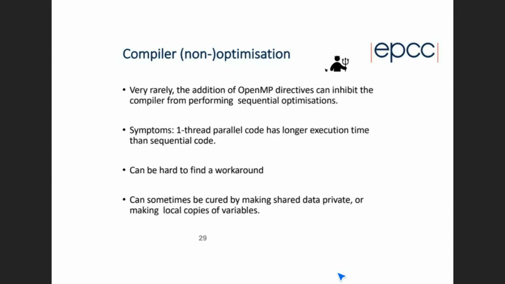It can sometimes be cured by making relatively minor changes to the code that just stop this happening. So things like making shared data private, or making local copies of variables that are passed in through the argument list might help. For example,